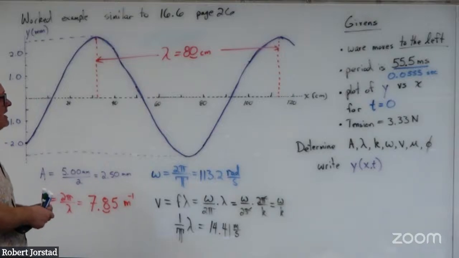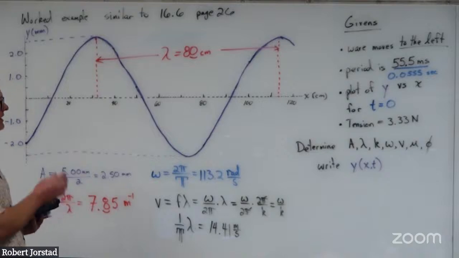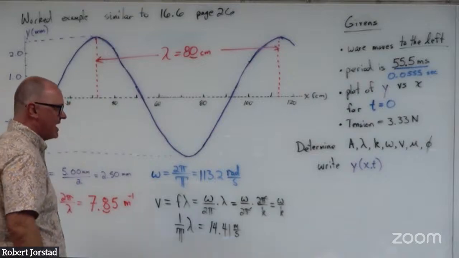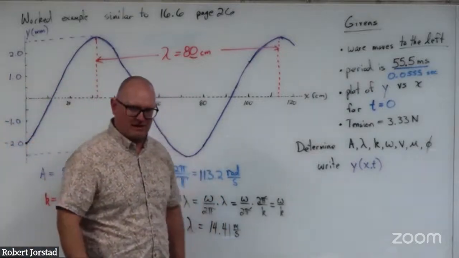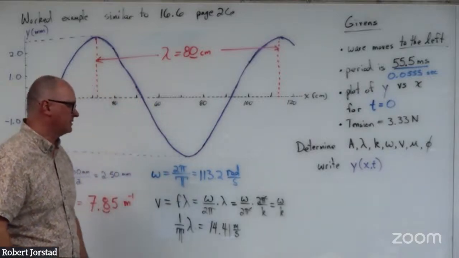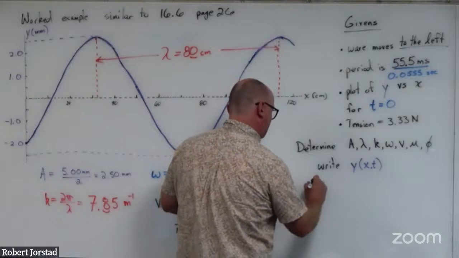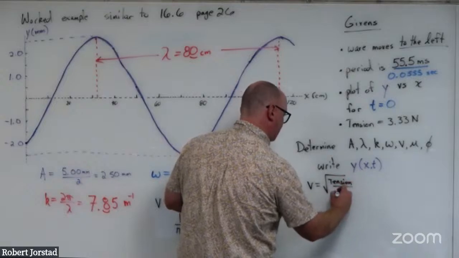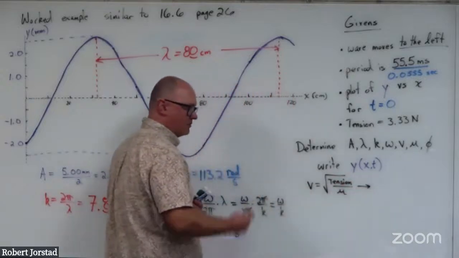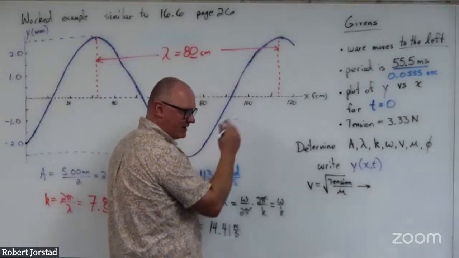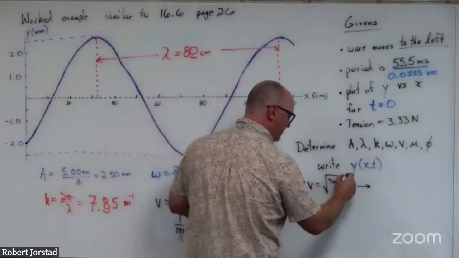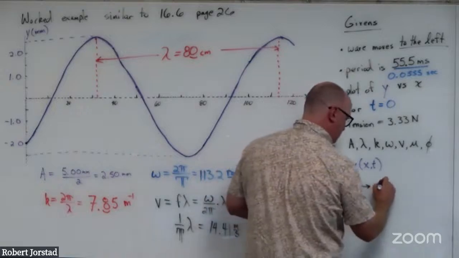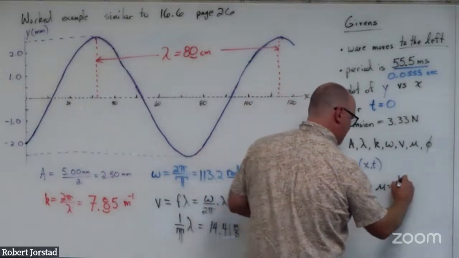All right. Next, we're trying to get wave speed. Wait, no, we already got wave speed. We're trying to get mu. What was mu again? Mass per unit length. So if you want to pause the video, go ahead. I'm going to do this in 1, 2, 3. Here we go. I know that v is equal to the square root of tension over mu. If you want to pause now that you have that hint, go ahead and figure it out. Here I go, 1, 2, 3. Go. When you rearrange this, you square both sides and switch the mu, you get mu is equal to tension